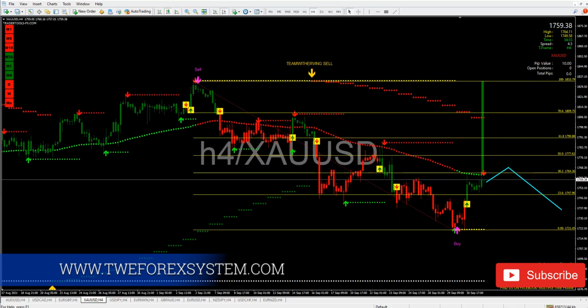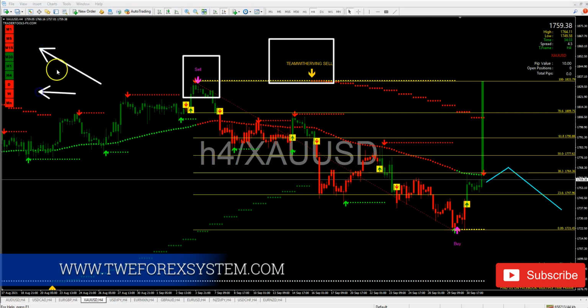So what the market is doing is the market is in a sell position, right? Look at here. TWE sniper entry is also selling. Look at the dashboard. The dashboard is burning red. So everything is selling, but the market is getting ready for a buy position, which is true. So yes, the market here is selling.